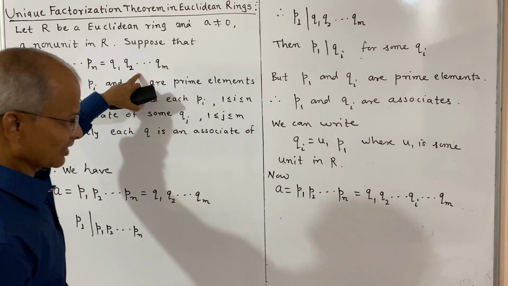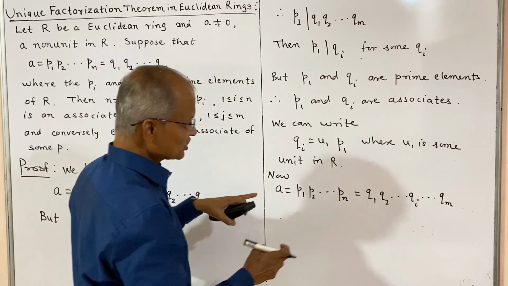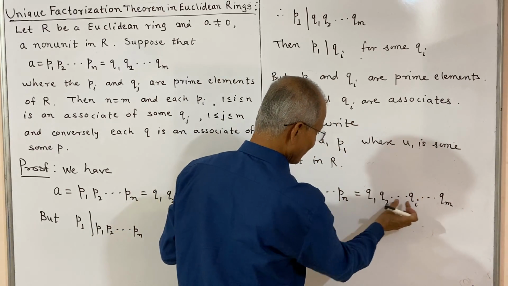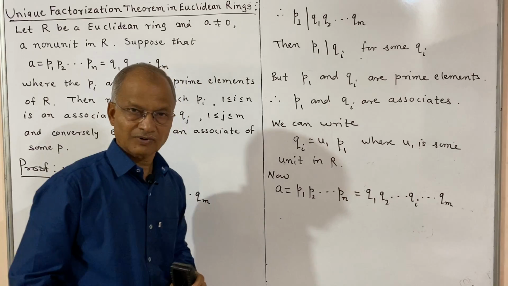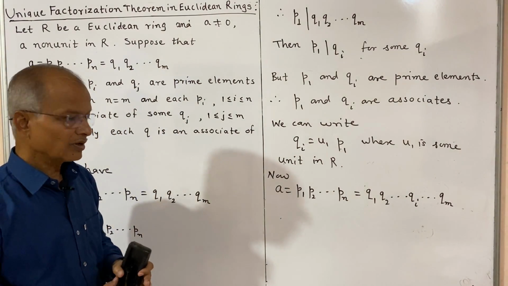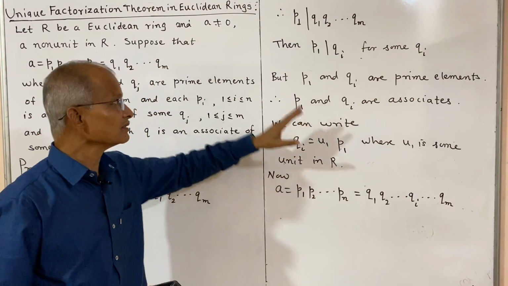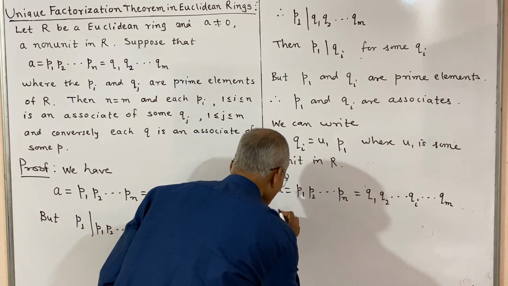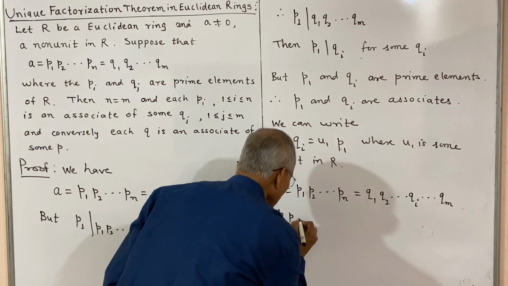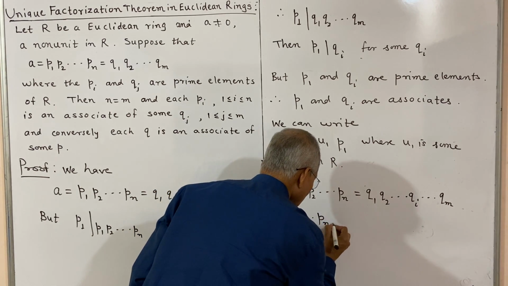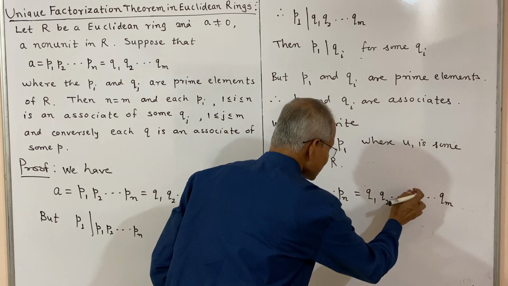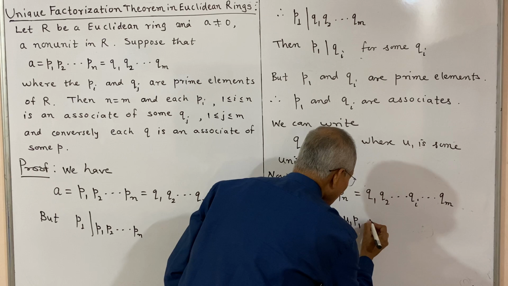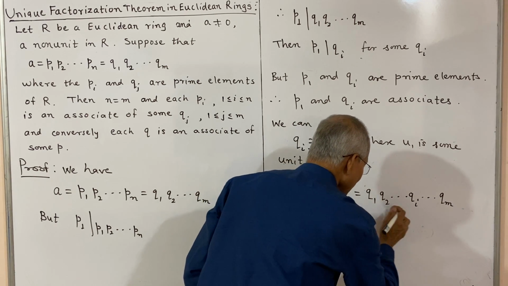Now this Qi is written as U1 P1, and we can write that as the first factor, because it is commutative. It is a Euclidean ring, it is commutative, and therefore we can write P1, P2 up to Pn equal to U1 P1, and then we continue the same Q1,